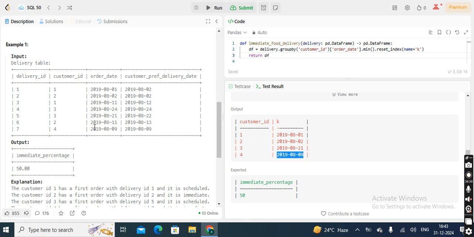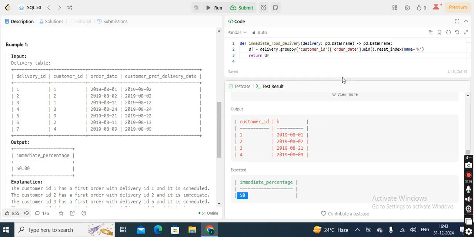For the fourth, it is the ninth and the delivery date is the same. We will consider that. So if you take a boolean of this, for first it is false, for second it is true, for third it is false, for fourth it is true. So basically 2 divided by 4, so it's 1 by 2, which is equal to 0.5,